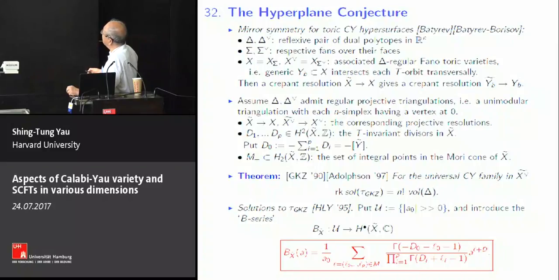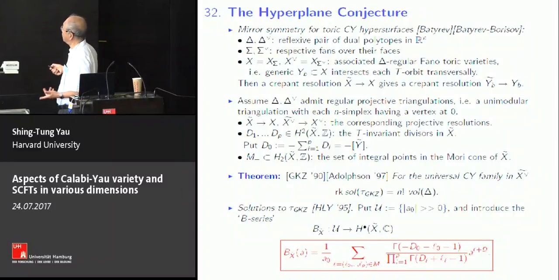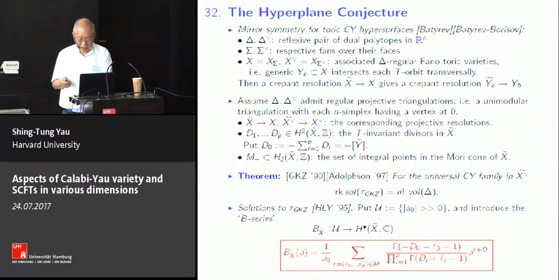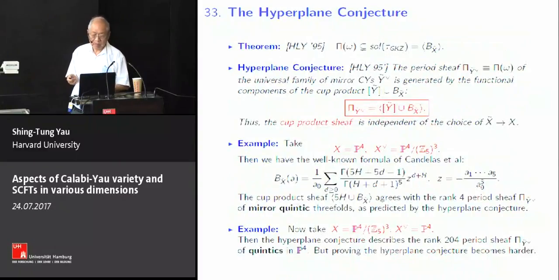This map, we call it B series. So this generalizes the concept of the hypergeometric series expansion, except we replaced those numbers by the divisors in this way. So this forms an interesting formal power series that comes up. And this B, we proved that